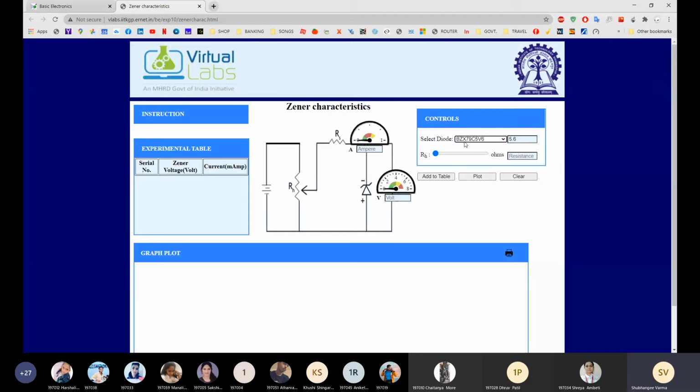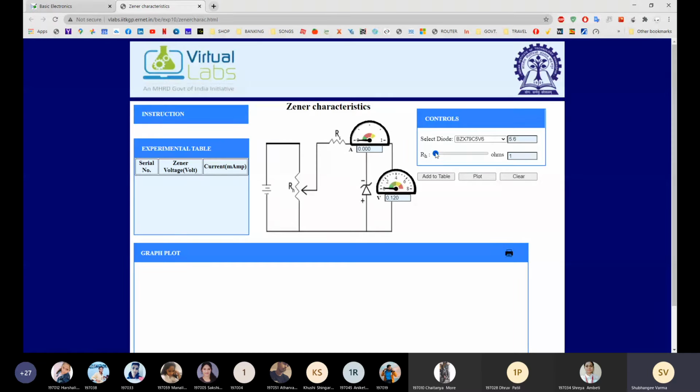We will take this 5.6 Zener voltage diode, and then the rheostat. The rheostat initially is at 0 value. See, so here if you change the rheostat, see over here, the voltage will change, and as soon as you reach near about 5, then current starts flowing over there. And after this, your voltage remains the same. We will plot this and then you can understand everything. Okay, we will start from the 0th value.